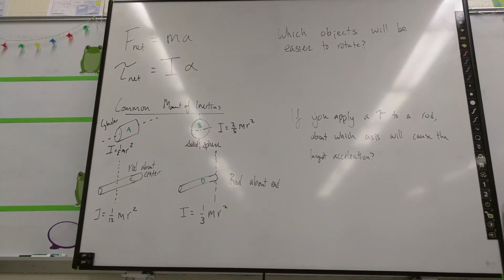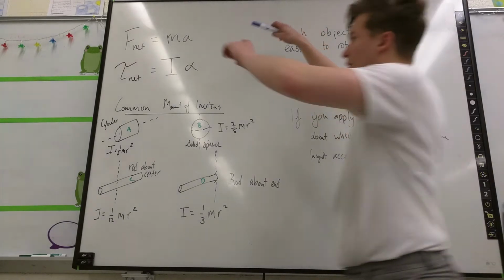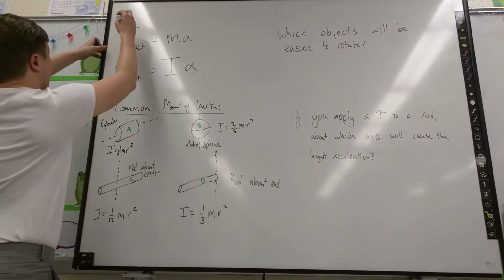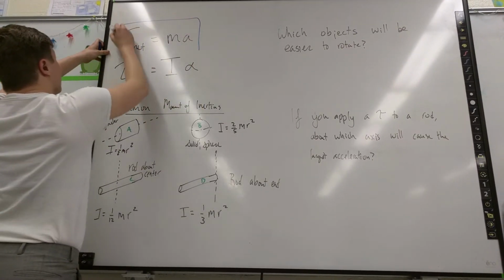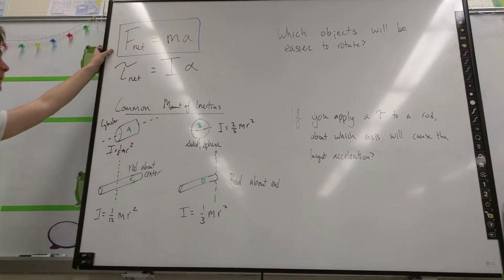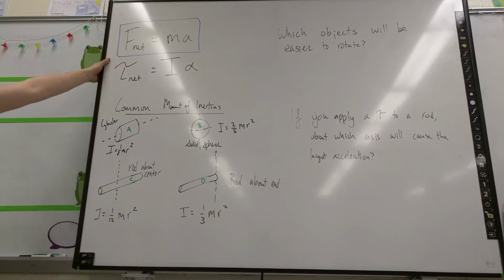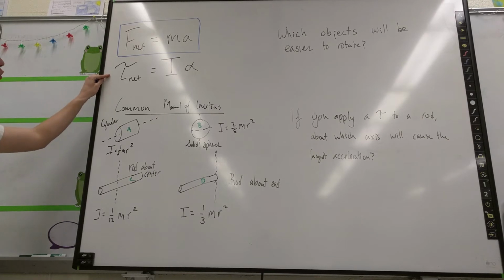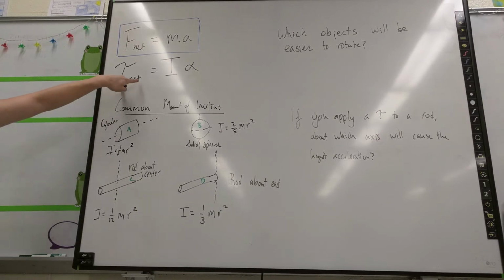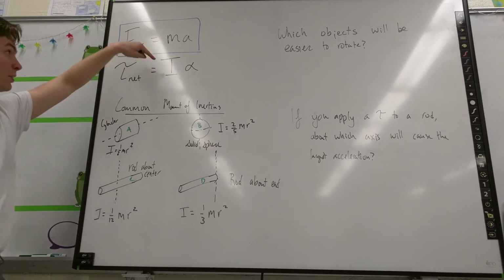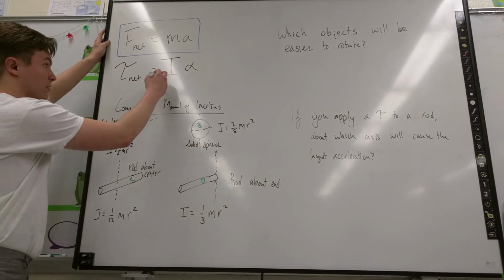I am hoping and praying that you guys are comfortable with F net equals MA to solve most motion problems. The analogy to rotation is an equation for torque net. So adding up all the torques can give you an expression that you'll set equal to the mass equivalent, which is moment of inertia